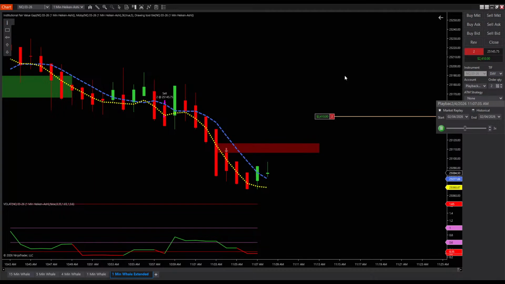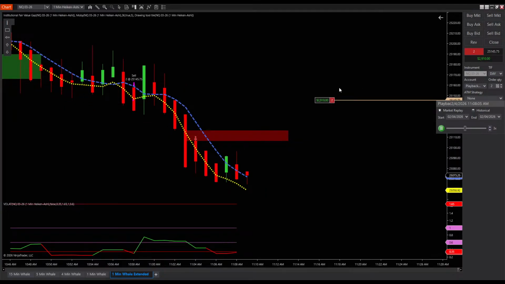And guys, if all you do is get one good trade a day with MOBY, such as this trade right here, that's all you really need, is this one trade to close off your day and be happy. Now, we avoided a whole bunch of bad trades from the opening session up until now, and look at the time that I took this trade right here on the timestamp. It's almost 11 a.m.